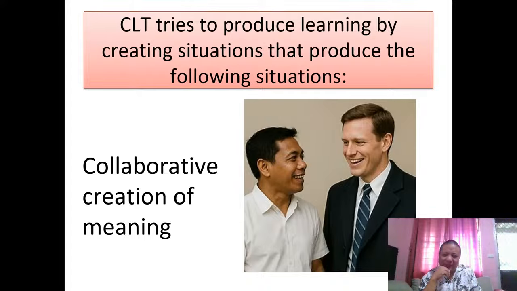Collaborative creation of meaning. You are both able to derive meaning from the conversation. The conversation is meaningful to all participants. The conversation is all meaningful to you. Okay, unlike in audiolingualism, where you have a skit and you discuss the meaning, you discuss the